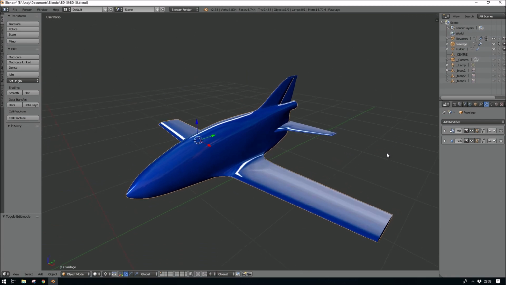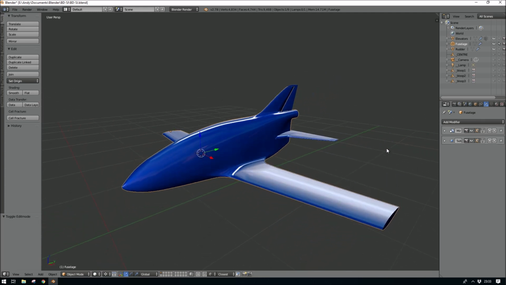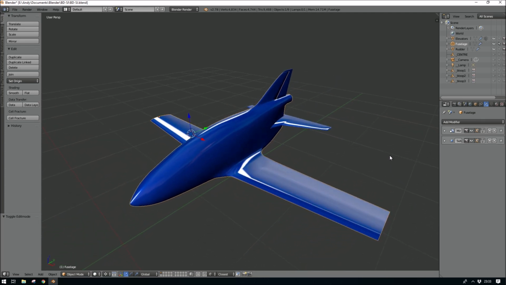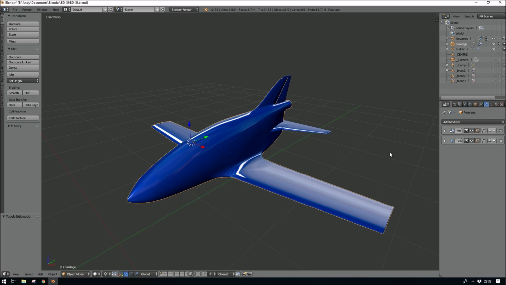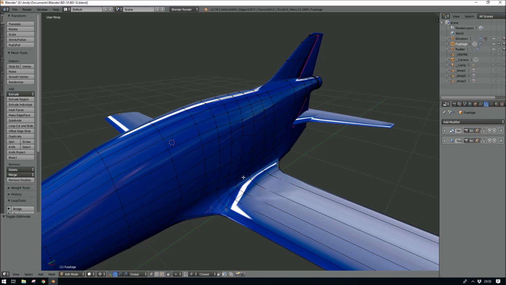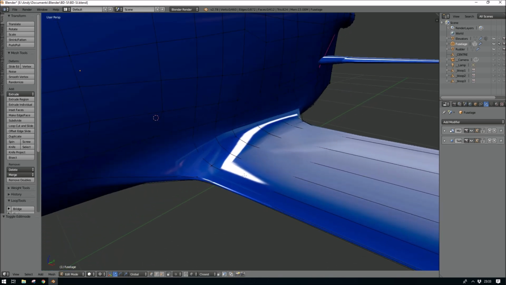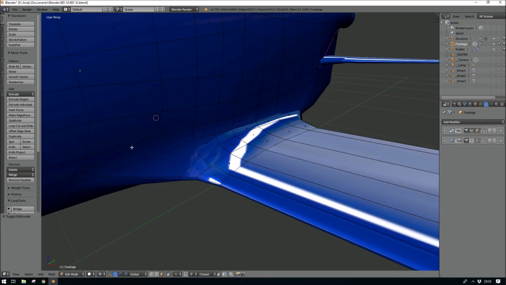So I missed out one of the parts when I've been editing the video. I've noticed that there's something that I've not recorded, and that's where I've joined the wing to the fuselage. Just go in and have a look at that and just show the cuts, what I've done. Basically this, let's turn the subsurf off. This section here,